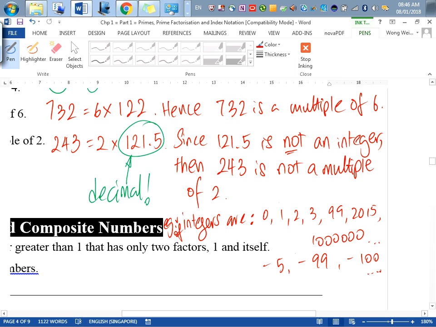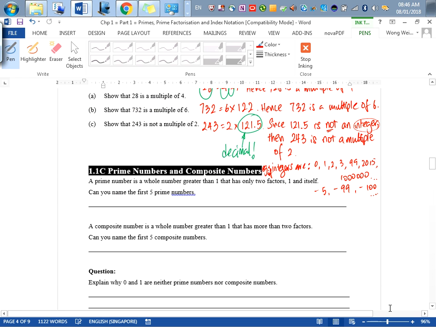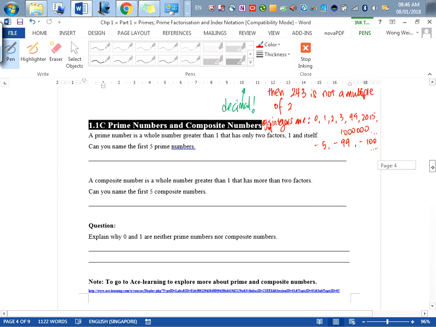Okay? So the term that we want to use when we talk about multiples is integer. Okay? Don't worry about it. For now, you can treat it as whole numbers first. Okay? But the correct word that we want to use will be integers. Okay? Next,